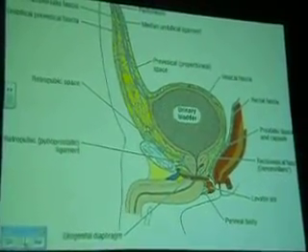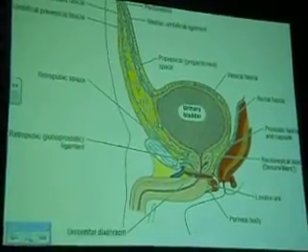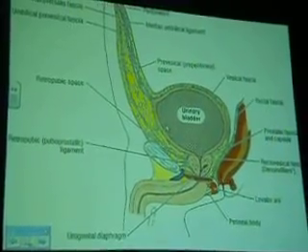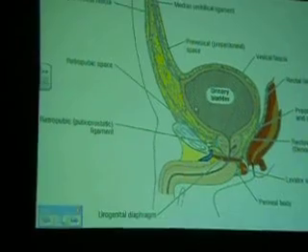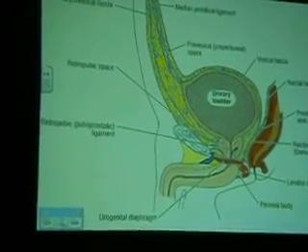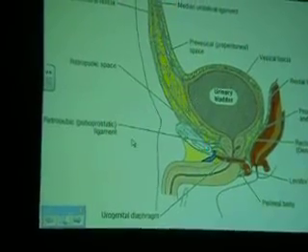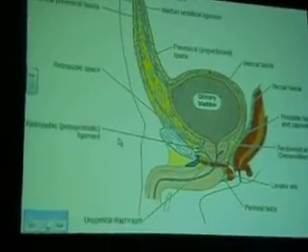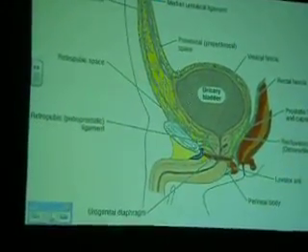We can give local anesthetic to the skin and get right down onto the bladder. There's a local injection, and you just open the bladder and insert a catheter, the so-called suprapubic catheterization, and that's a procedure that all of you will see one day soon. Alright? So that's the significance of the